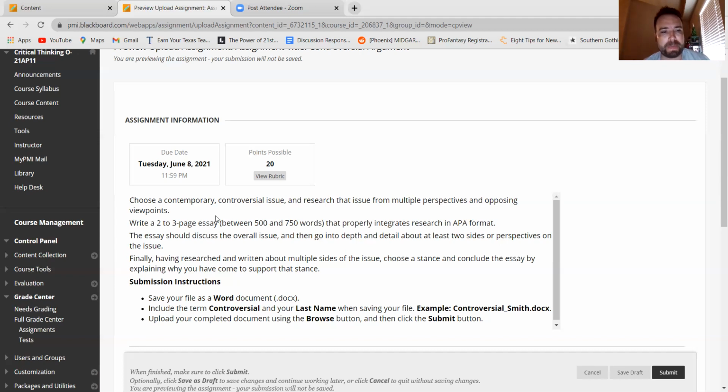Okay, other pitfalls here to avoid. Make sure your topic is controversial, an ongoing controversy, whatever it is. Controversial doesn't necessarily mean like people are rioting in the streets about it or anything. It could just simply mean that there are arguments, conversations, discussions being had where multiple viewpoints are present.